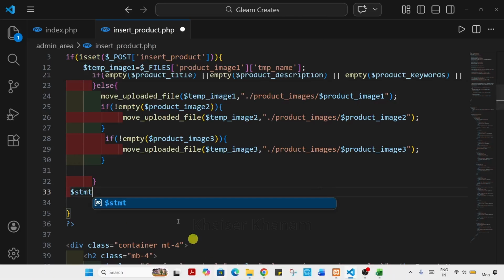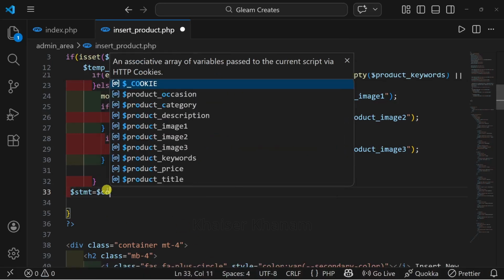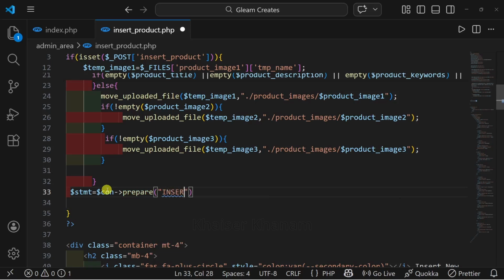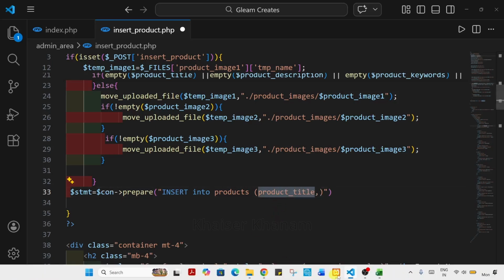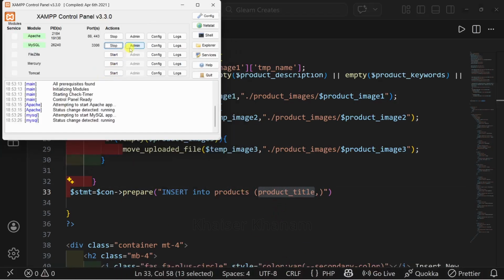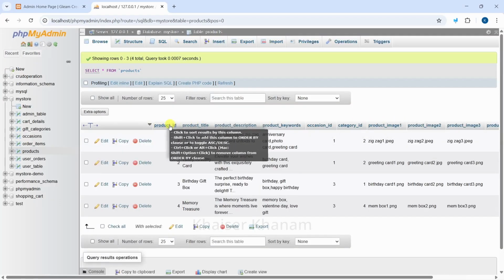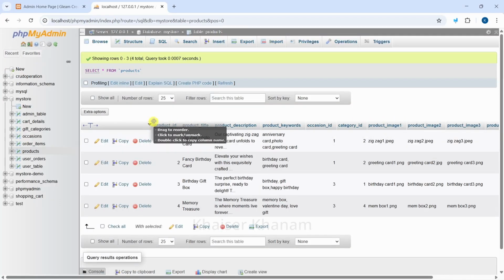I will write statement is equal to connection prepare method. Inside this, I will write insert into which table I have to insert. I have to insert inside products table. First thing, column name, product title, and whatever values I am passing here, it should be exactly matching with our column name. Let me show you. You can see we are having all these values. Better what I will do, I'm just going to copy,